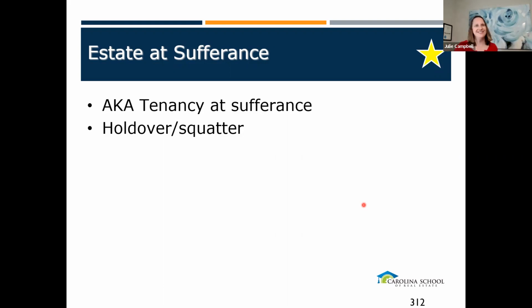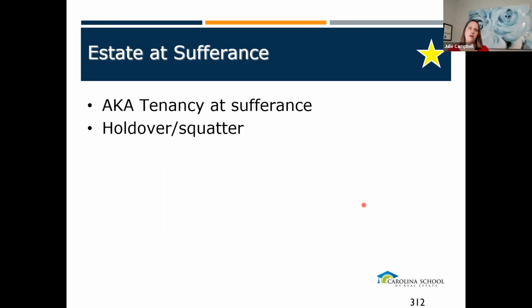How do they get out? We'll talk about that when we get to the North Carolina Residential Rental Agreement Act. There are laws in place that the landlord should follow when dealing with a squatter or a holdover. So we'll see this again. The lease ends. They might have been there for an estate for years. After that year,